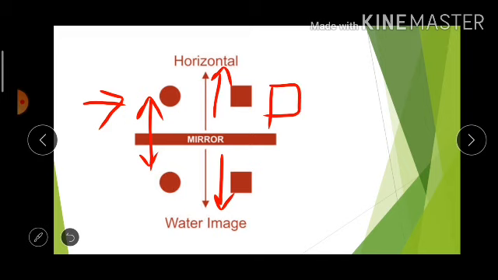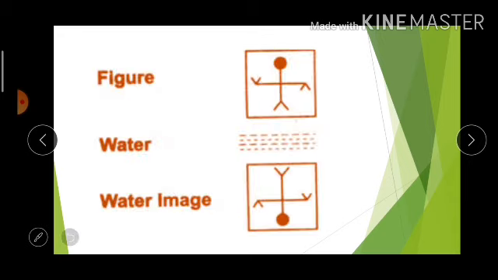Now again a square will be the same in a water image, no conversion is there. Upside down image is the same for a square also. Now we'll see one more example. This is a stick figure. The head of the boy in this stick figure is upwards, so in the water image it will be downwards, at the bottom. The hands and legs of the boy that point downward become upward pointed in the water image. This is what is called the upside down conversion of a figure that we see in water images.